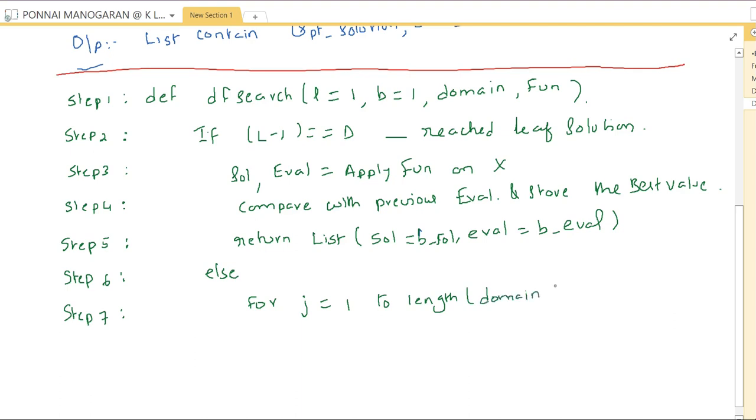Domain of, so here the first index refers to the level, okay, first refers to the variable,